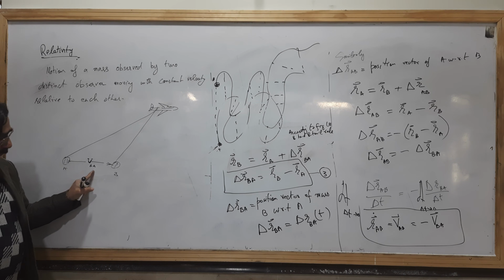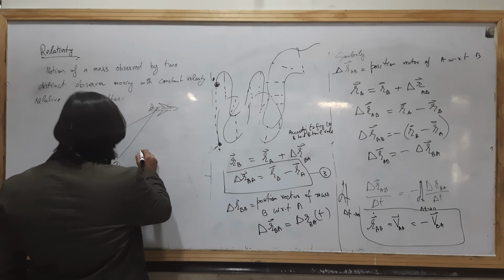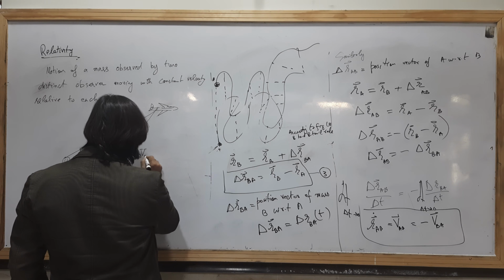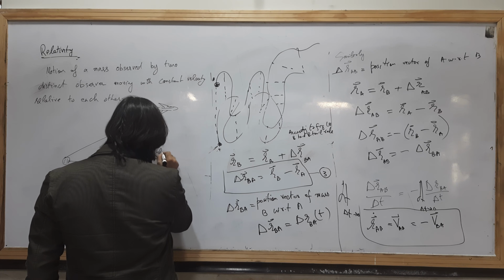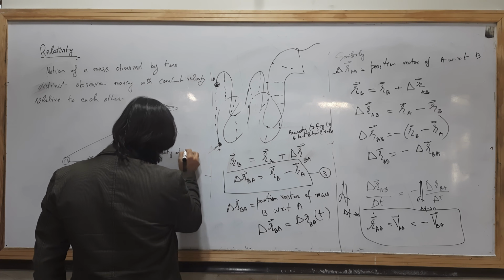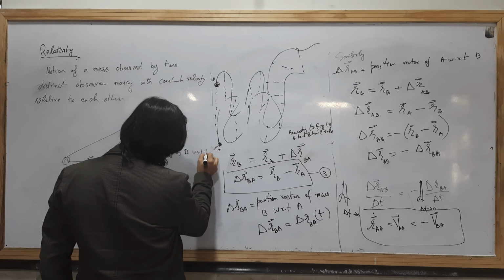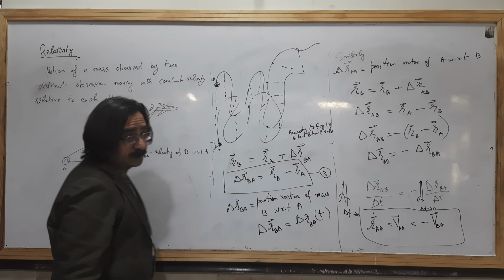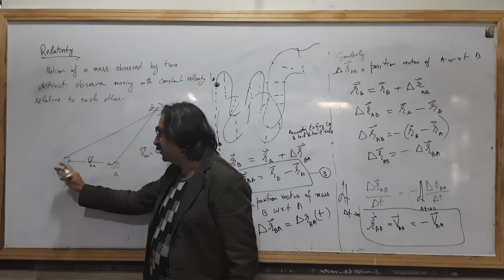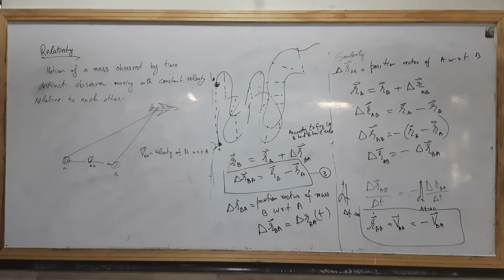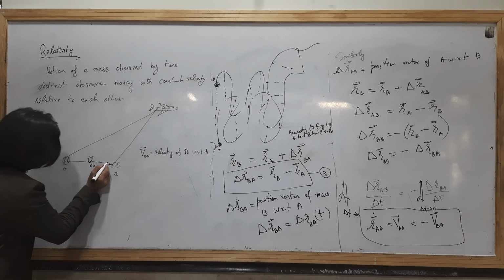So this is constant, and the Vb is what is the Va? Velocity of B with respect to A. Okay. Yes. Second particle with respect to first. This is observer A, this is observer B, this is observer A. Okay. What will be the distance between A and B? This will be direction dBA. Okay.